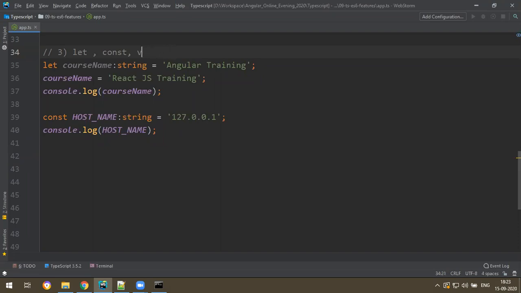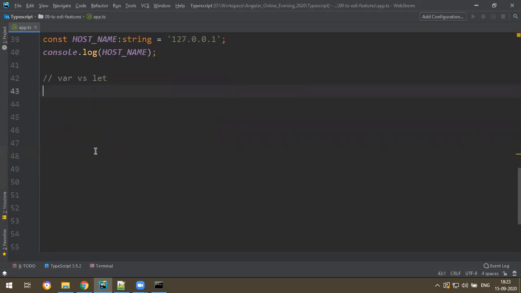The benefit is, var has a small side effect and disadvantage. What is that? For example, let's write some comment, var versus let.